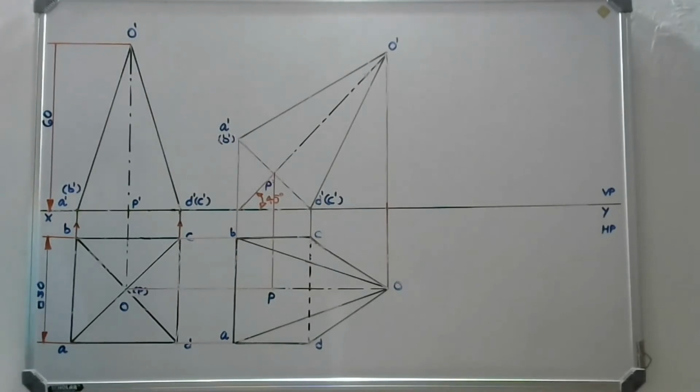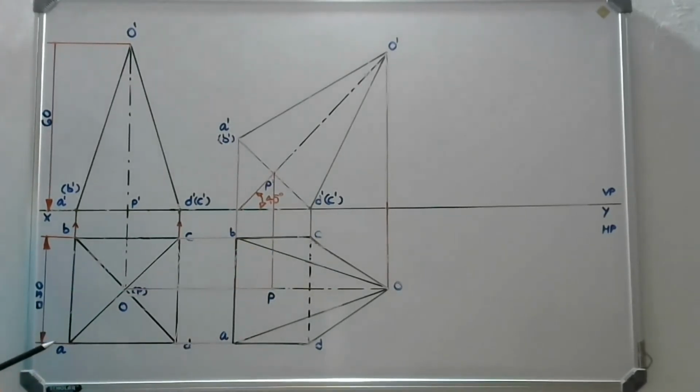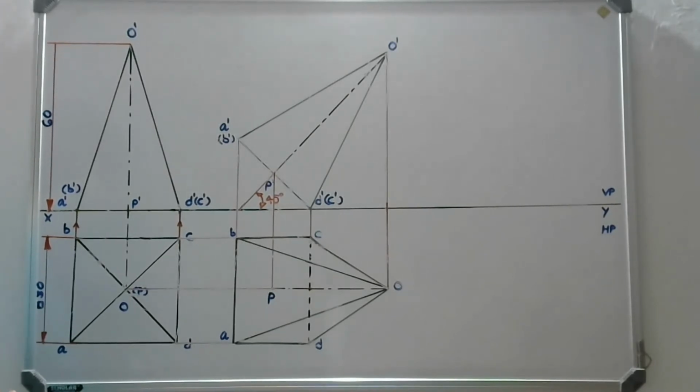The third step is to turn the resting base edge CD at 60 degrees with respect to VP. That is visible in the top view on the horizontal plane. So the next step is to create 60 degrees with respect to VP on the horizontal plane and fix the base edge CD. Then recreate the second top view on that line.